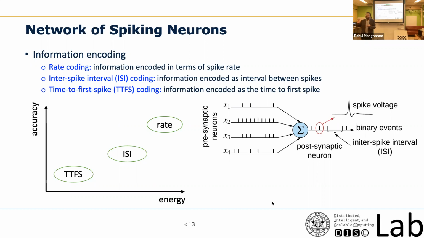But as you start playing with different types of encoding, in this case time to first spike, where only one spike is generated, that spike needs to propagate, and I will talk about this. That spike has to propagate a long distance, so you are losing time. Think about 10 spikes coming. You receive them at a later time, but you receive all 10, so rate-wise, there is no change.